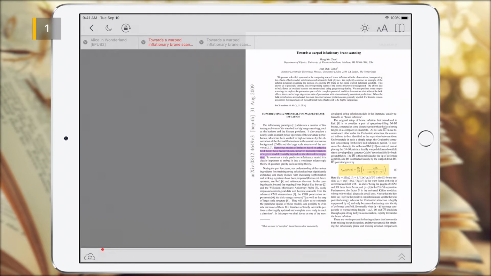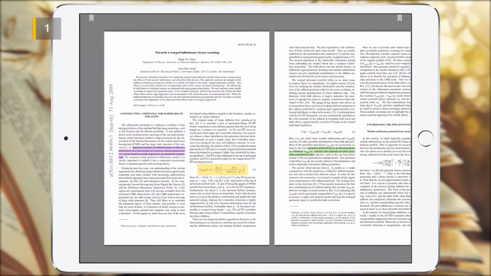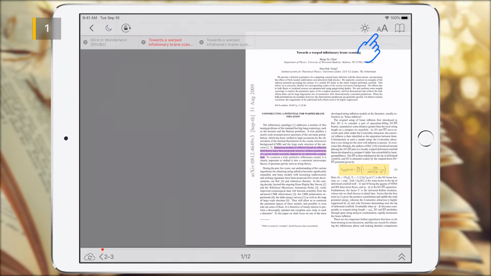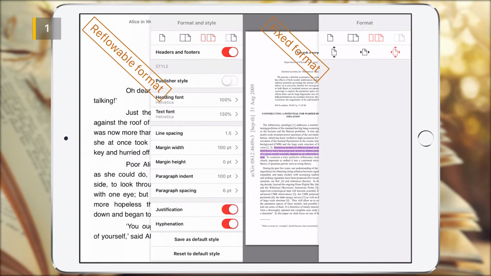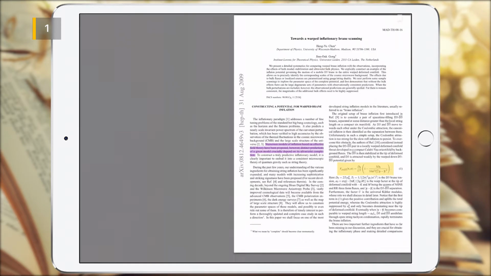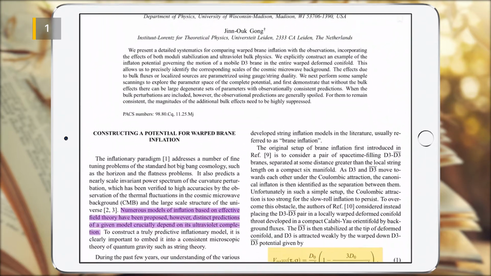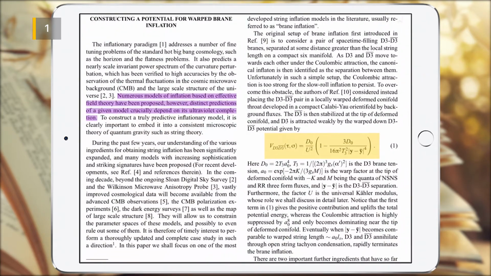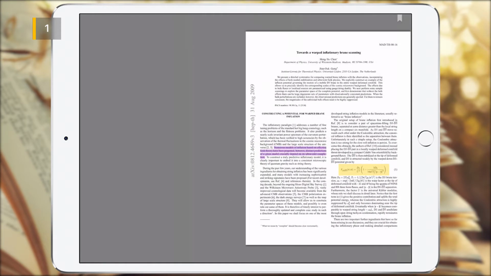In the case of a fixed format, a reader always displays an ebook in the original layout as it was created by the publisher. The layout options aren't available, and the format menu looks completely different. So in this case, you can't, for example, enlarge the text or change the line spacing, but here you can effectively use zoom and pan tools. And in all cases, both the pictures and the text remain in their places, as originally conceived by the publisher. A little later, we'll take a closer look at the layout options, as well as zoom and pan tools.